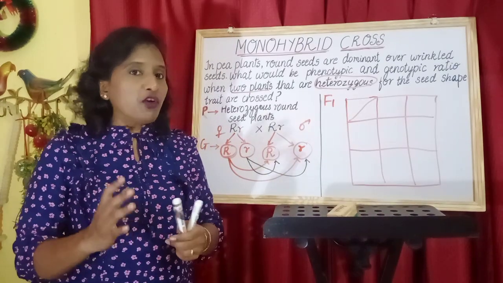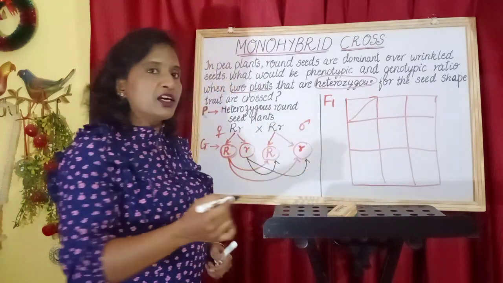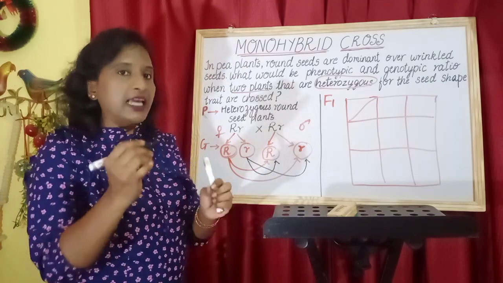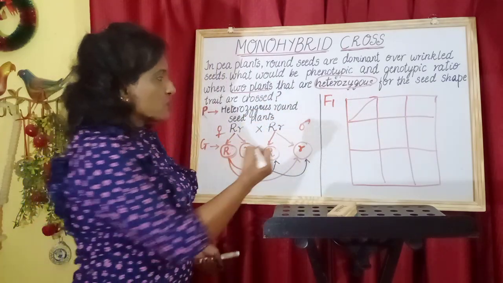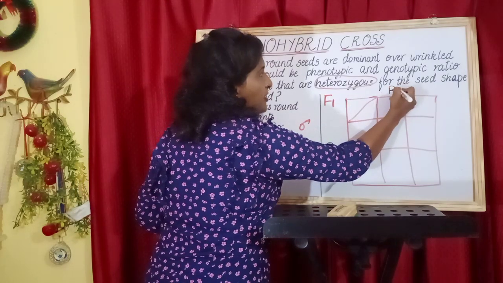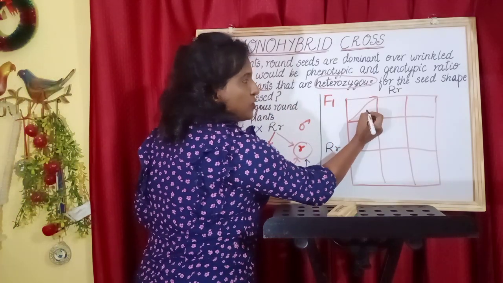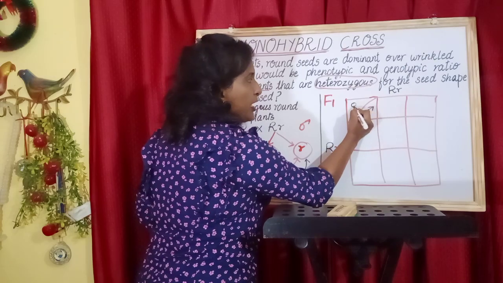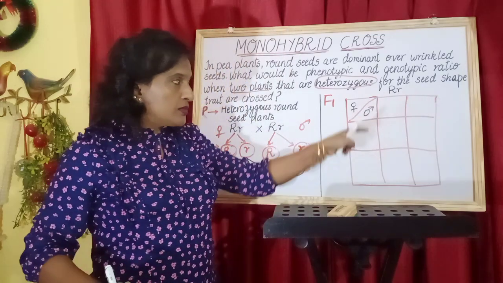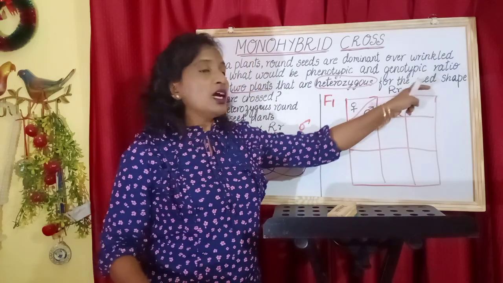In order to find out the offspring, we have to prepare a Punnett square. So this is the Punnett square to find out the first generation based on the fertilization. Now, how do we write down the gametes in these squares? I'll take one parent on this side, and the other parent I'll write down on the other side at the top. In one particular column there are the gametes of one parent, and on the top row there are the gametes of the other parent.